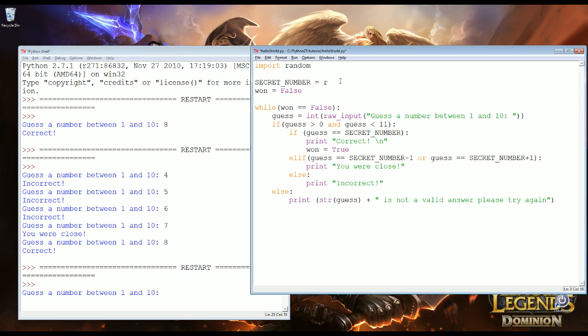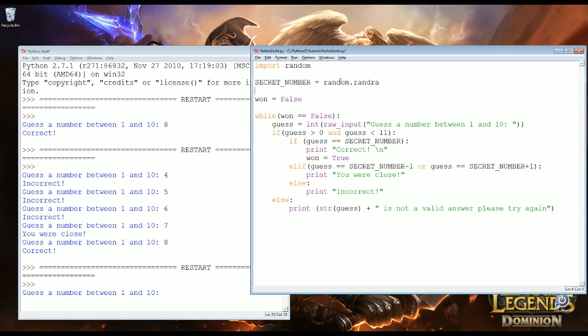So the way you do that is random, or sorry, how does it go? You always start off, when you're using something out of a library, with the name of the library, random, and then a dot. The dot operator means that you're using something inside of it. We're not going to get too heavily into this until we get into classes, but for now just trust me on it. So random.randrange,